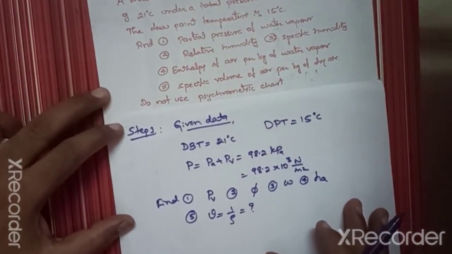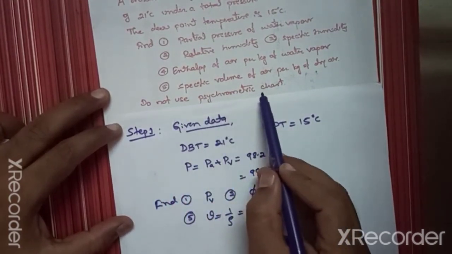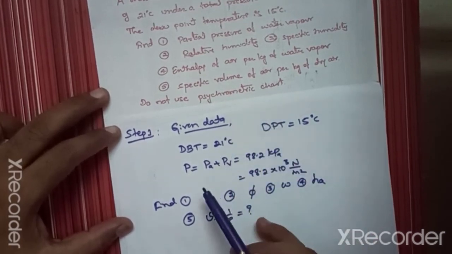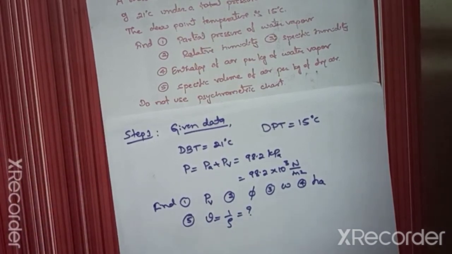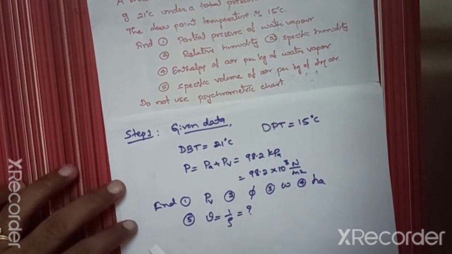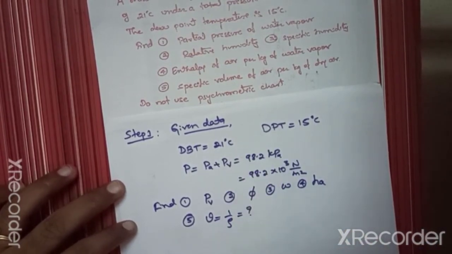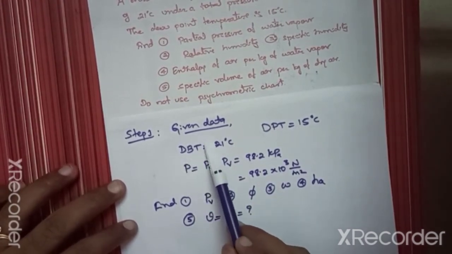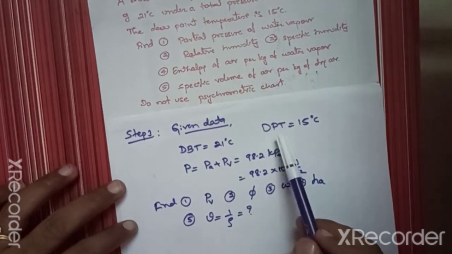And students, just look at the last line of the problem. So do not use psychrometric chart. So here we should not use any psychrometric chart. Using only equations and correlations you have to solve this problem. So now this is the step number we have written. First, these 3 are the data it is given, and we know that the 2 values are sufficient to calculate remaining unknowns. So first, now we will write dry bulb temperature properties and dew point temperature property using steam table.